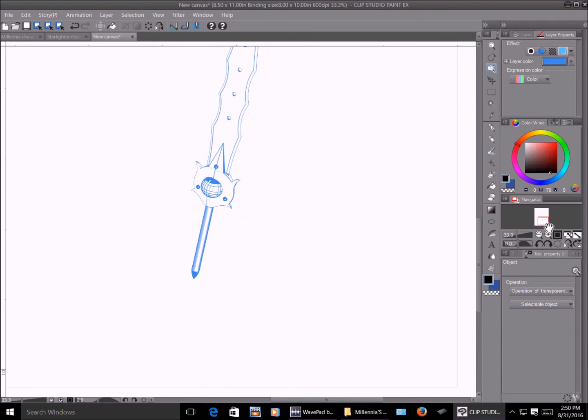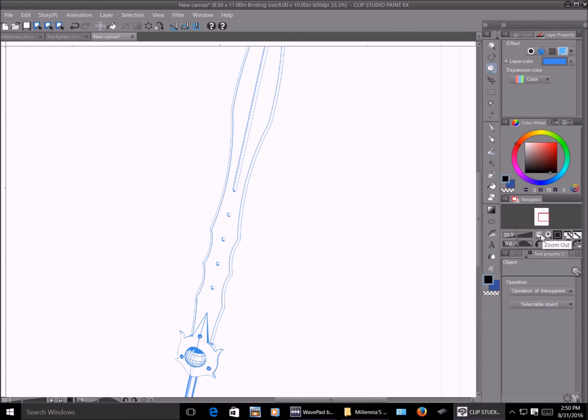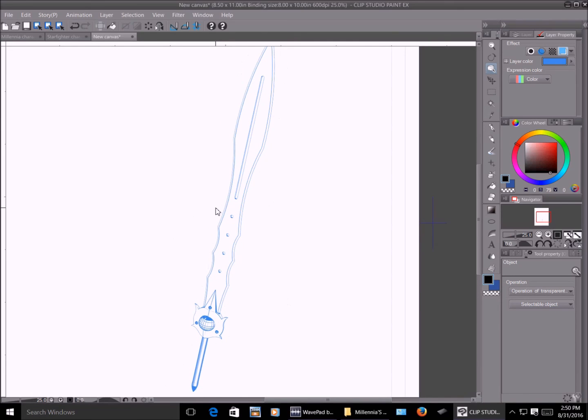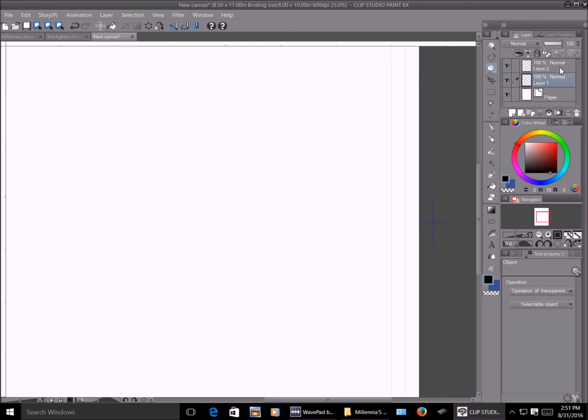And like I said before, the conversion of this image from Google SketchUp to Manga Studio works for every single object that can be created or downloaded from Google SketchUp. It is awesome. I'm going to show you one more trick involving this.